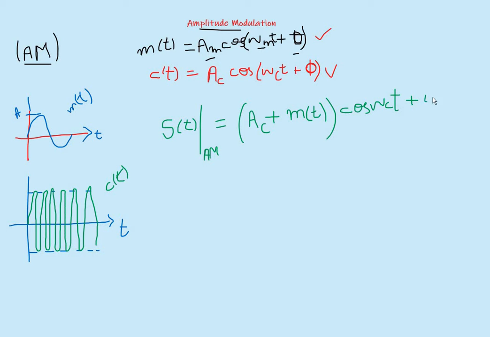According to the definition of amplitude modulation, we are embedding our message signal into the amplitude of our carrier signal. Whenever we see cos omega c t, this is our carrier signal. So the amplitude of the carrier signal is Ac. With Ac, the amplitude, we are combining our message signal m of t, and embedding it into the amplitude of our carrier signal. So when we are doing this, the waveform becomes this; this is the amplitude of the message signal.